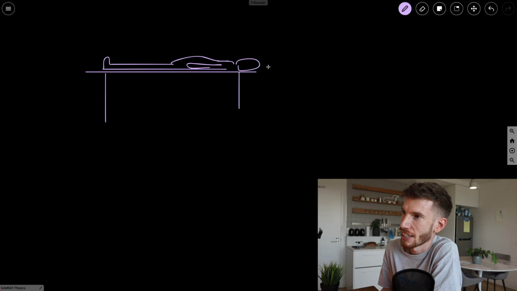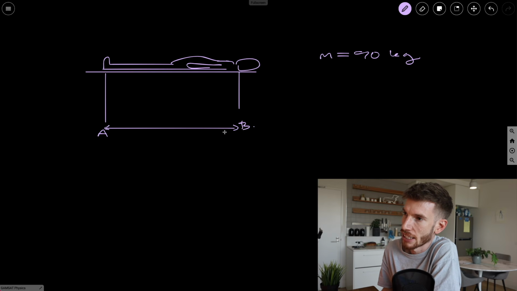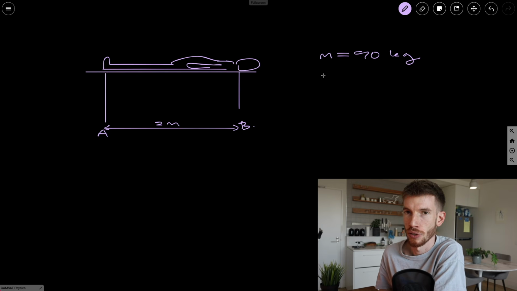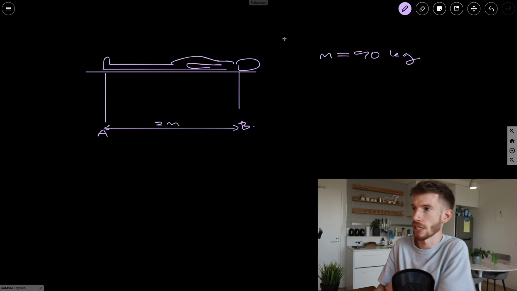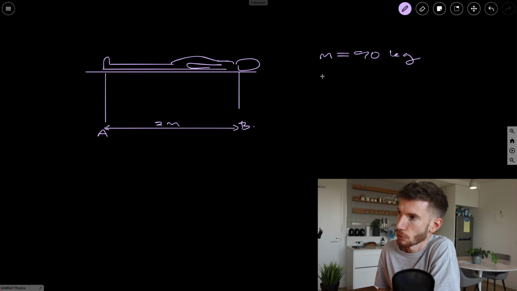There we go. Let's say that this time their mass is going to be 90 kilograms. And they tell us this is leg A, this is leg B, and the distance between leg A and leg B is, let's see, 2 meters, right? But what we also know is that their center of mass is not in the middle of their body, right? Which makes a lot of sense. We're actually kind of top heavy. So let's say their center of mass, we'll call that XM, is going to be